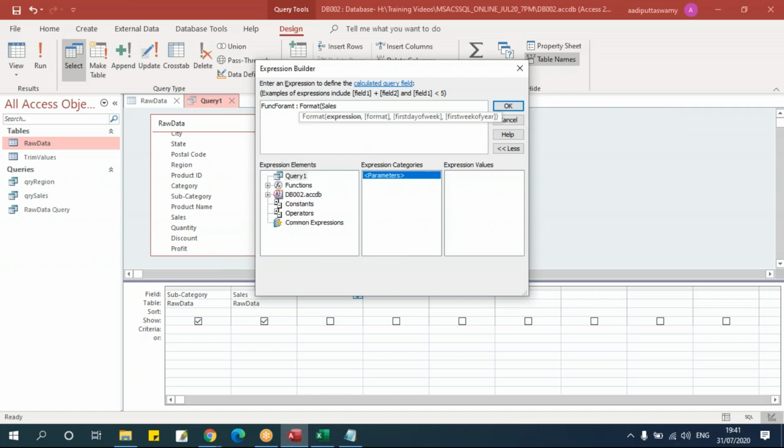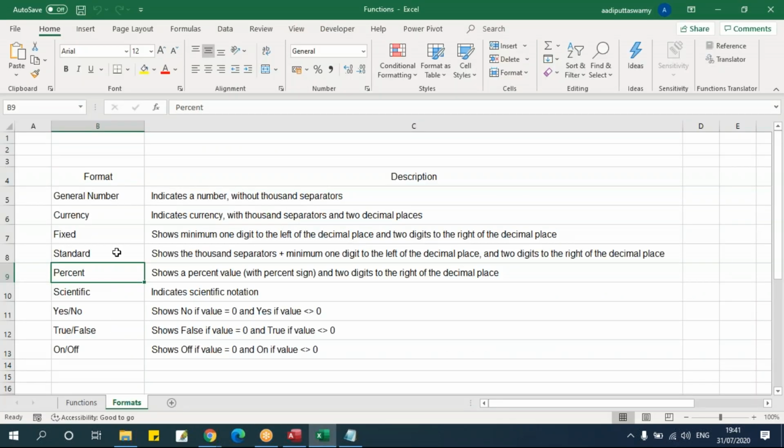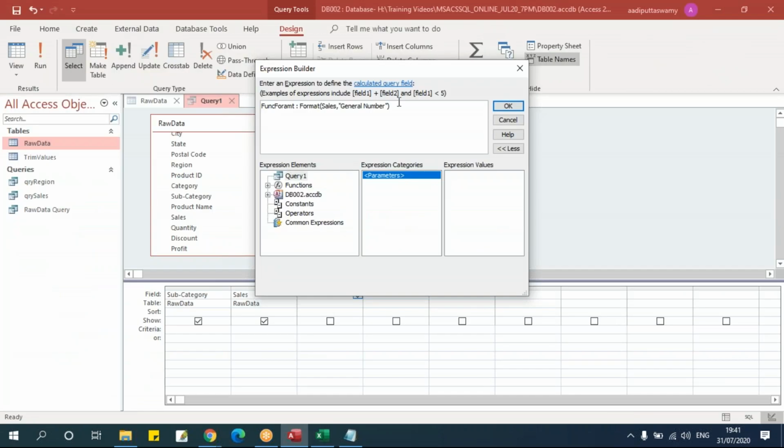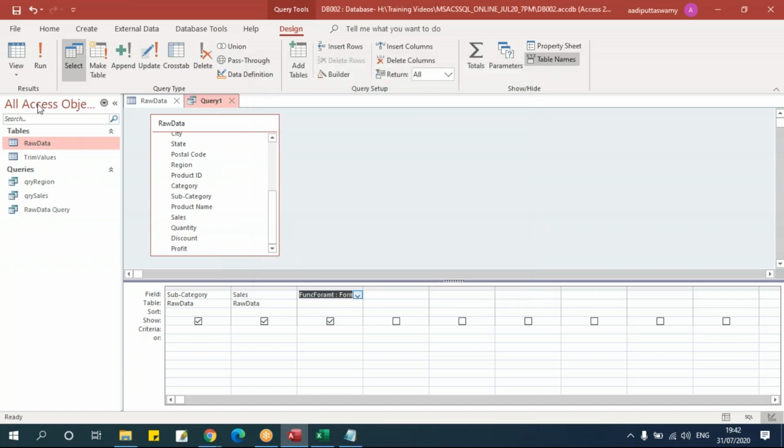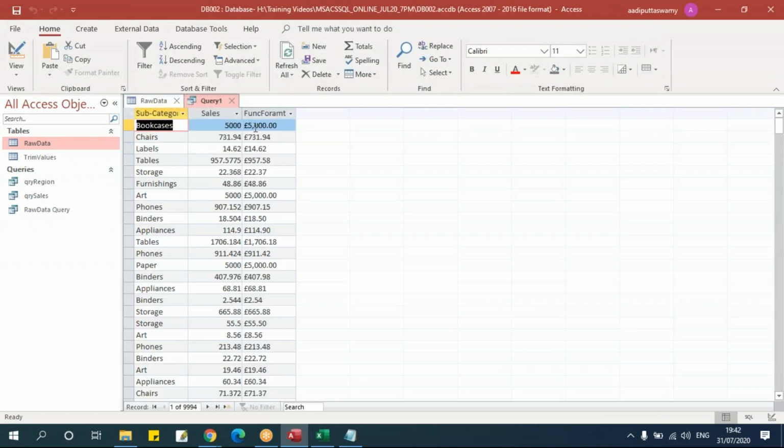Expression means I'll just take this sales, comma. We can use general number, or standard. Whatever options you have here, I can use. Let's say I'll use currency only. If I say OK and run this, see, this gets changed to currency format.